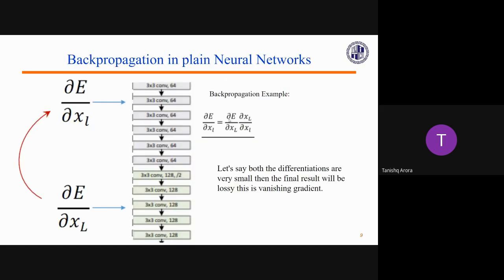So in the case of backward propagation, the formula is dE by dx_i is equal to dE by dx_L times dx_L by dx_i. In backward propagation, these are in multiplication. So as soon as we take the derivative, everything becomes zero, so the weights become zero. So our accuracy becomes less in that case. So there is a loss in the vanishing gradient.